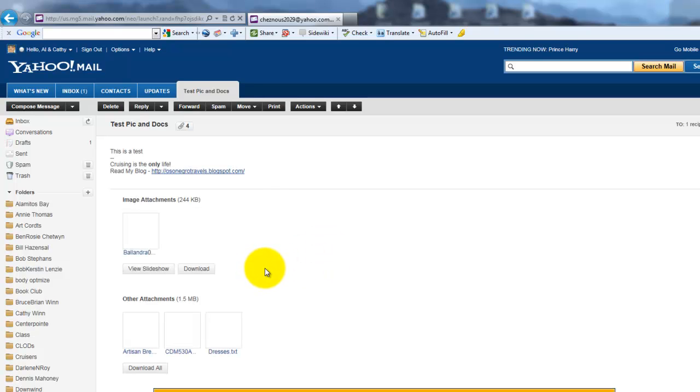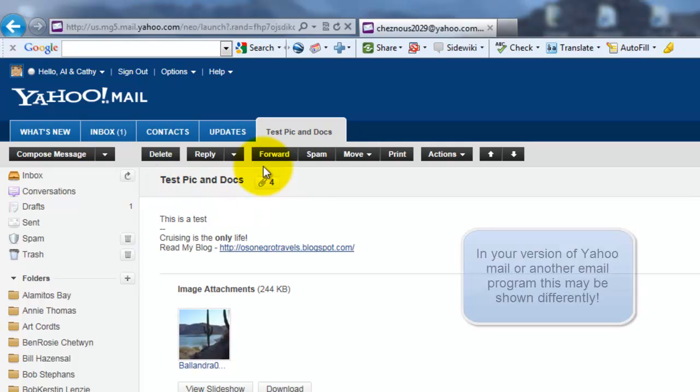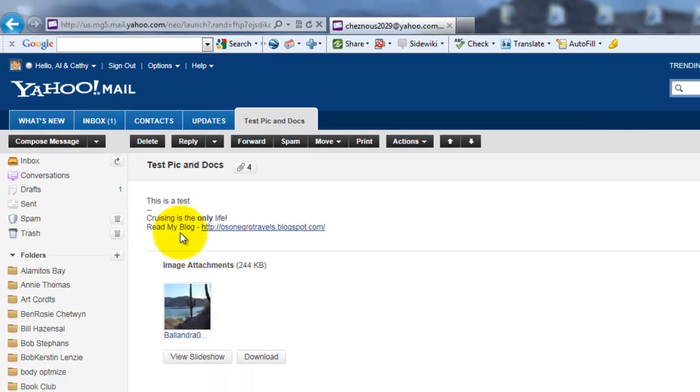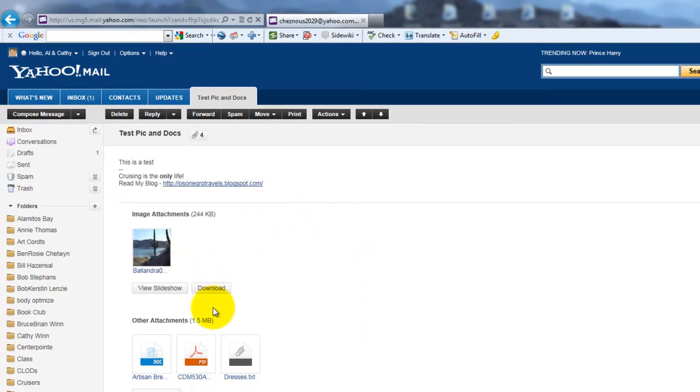And you can see here as it's loading in that it shows that I have an attachment. In fact, I have 4 attachments. You can see up here it shows me I have attachments with this little icon that looks like an actual paper clip. And here's the body of the email. It just says this is a test, and that's my actual signature that I always use. But down here it shows me little icons that have a representation of the attachments that are in my email. These aren't the actual pictures. They're just a little icon that shows me what the